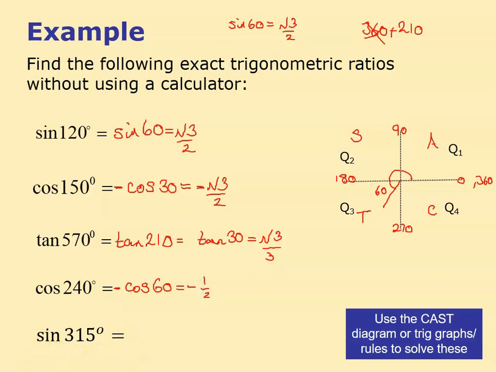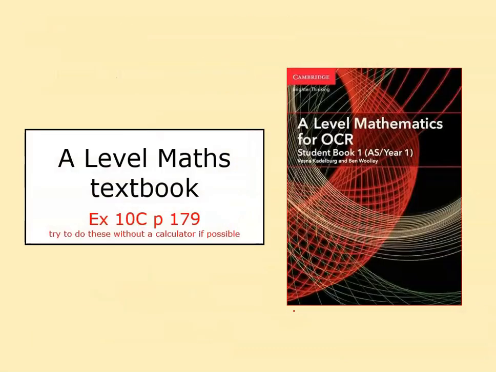And the last one is sine of 315. 315 is all the way around there. I reckon it is 45 degrees shy, and therefore it's the same as sine 45. And because it's in that quadrant, it's negative, and therefore it's minus root 2 over 2. Now look, it's a whirlwind tour of all things CAST diagrammy there. My answers hopefully are agreed, and we'll have